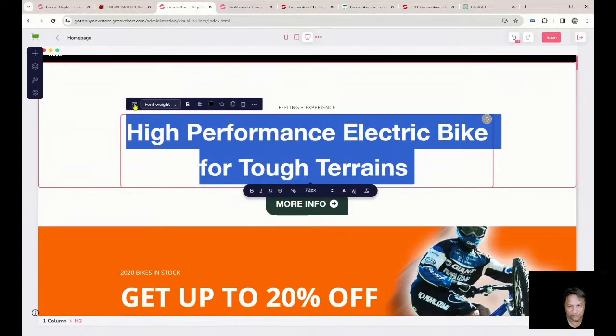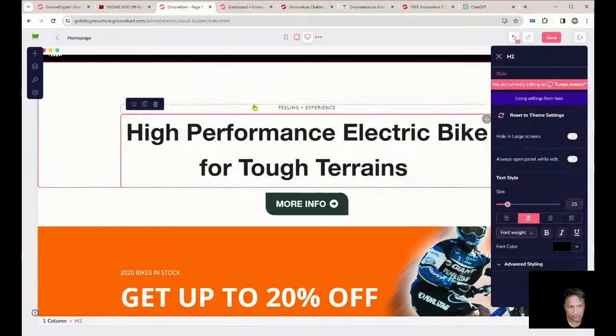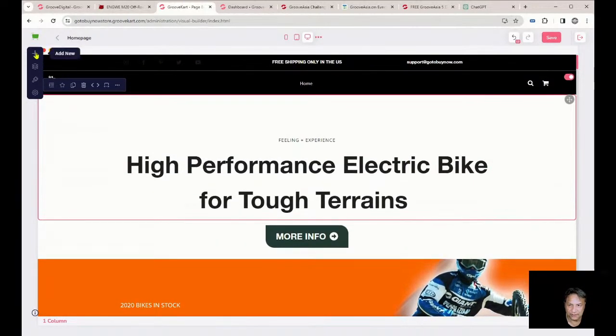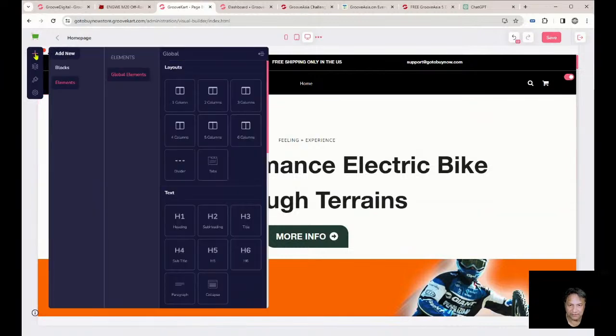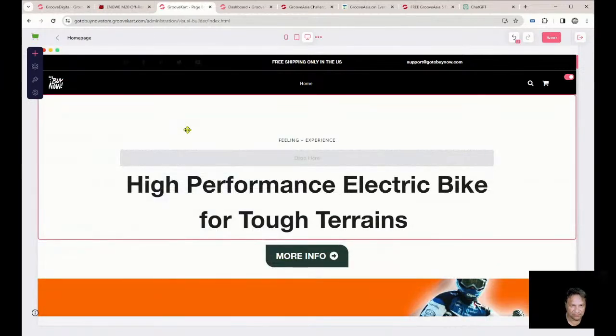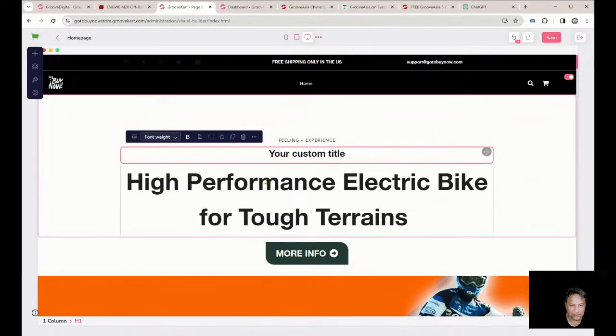What you have to do is drag and drop. So you need to add an element, and then you go to H1 heading, and then you pop it in there. Now that's your H1